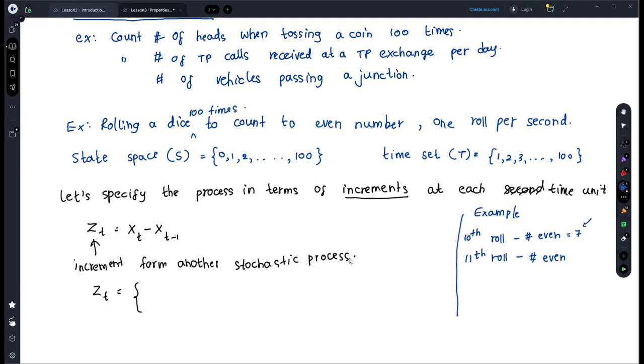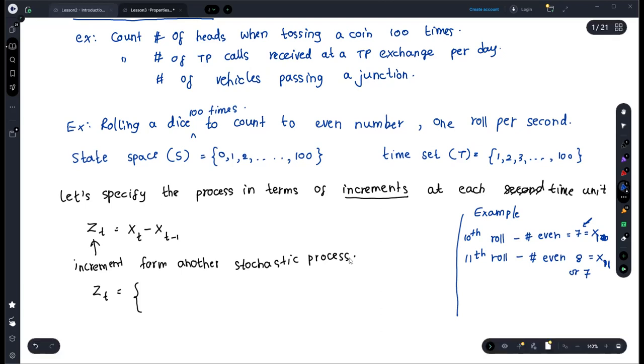So this is X10, and X10 is 7. So in between, there may be odds. So what will be X11? For the 11th roll, if you got an even number, it will be incremented to 8, or it will remain at 7 if you got an odd number, right? So therefore, your increment will be either 1 or 0. So the possible increment,